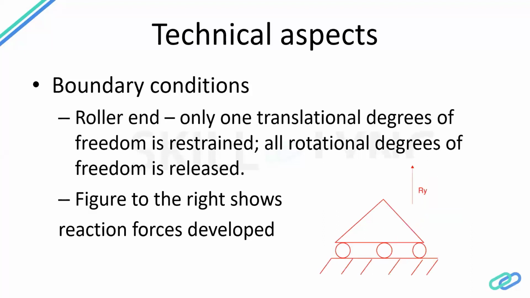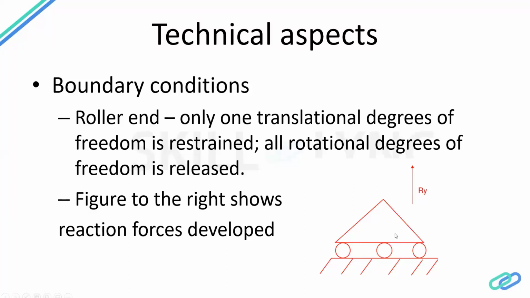The other is a roller support, right? In a roller support, we lock just one degree of freedom of translation, which is normal to the surface on which the support is bearing. In this diagram, only Ry is produced, because Ry is the reaction produced in the vertical direction. It locks the degree of freedom in that direction only, but it can still glide or slide easily in the plane of paper, say east west, or into or out of the plane of paper.